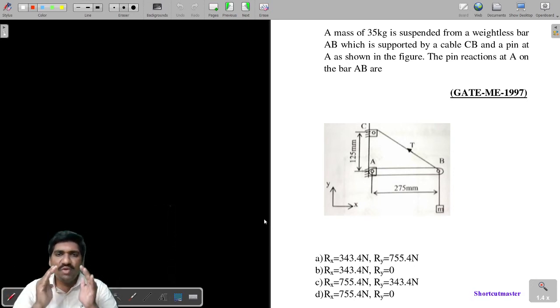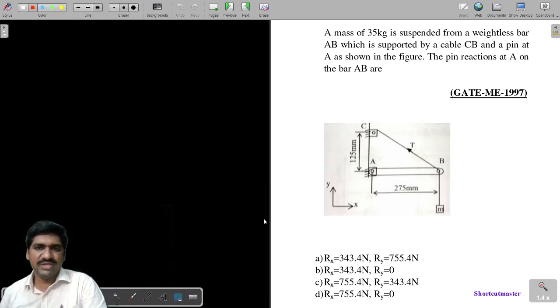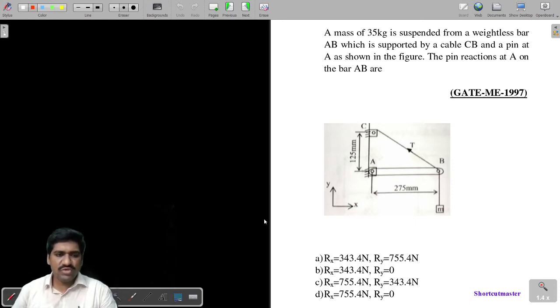We don't have that much time in the GATE examination. Maximum we have to spend 1 to 1.5 minutes for a 2 marks question in the GATE examination, as you all know. So we have to search for new methods or the smartest methods for getting the answers in a short span in the examination. Let us read the question.